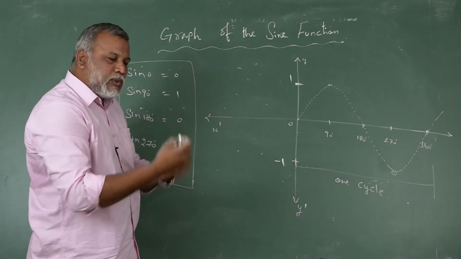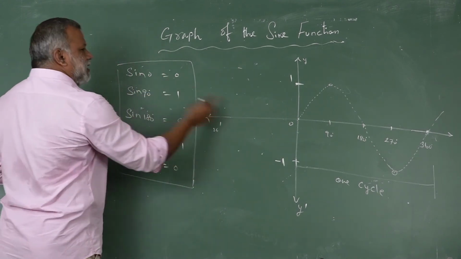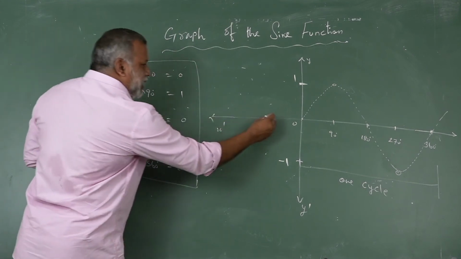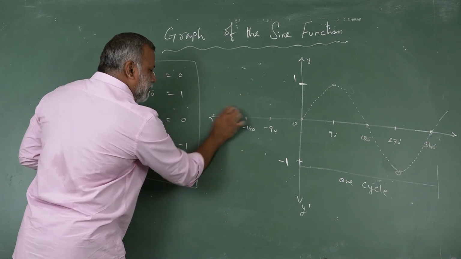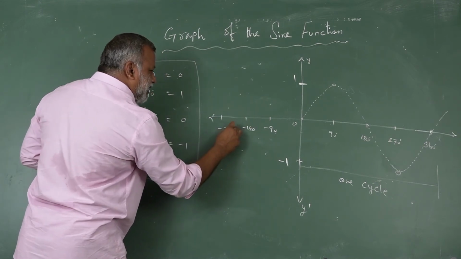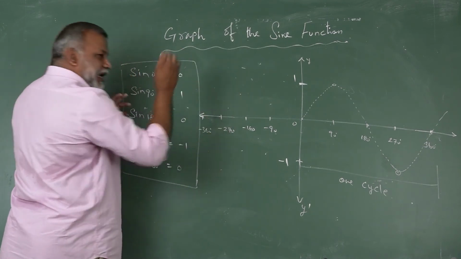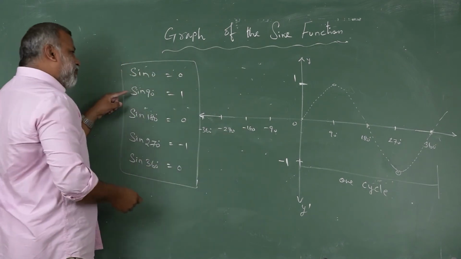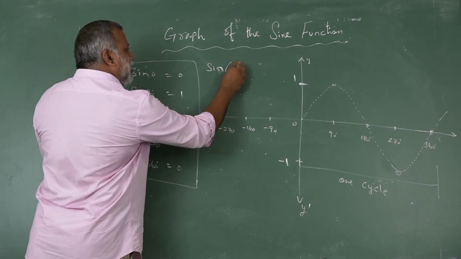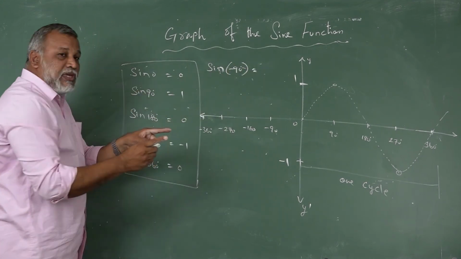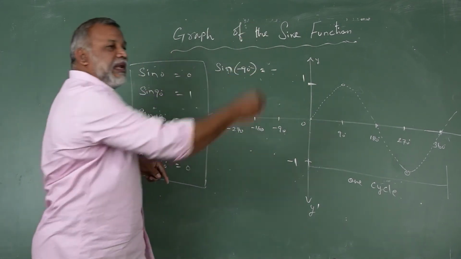Suppose a student asks, what about these sides, sir? Same thing, once again, sine 0 is 0. From this we can now take minus 90, minus 180, again consider minus 270, then take minus 360. Consider like this. So sine of minus 90: 90 is replaced by minus 90. What is the procedure? Just now it was explained, sine emits a negative. Therefore this negative comes out.